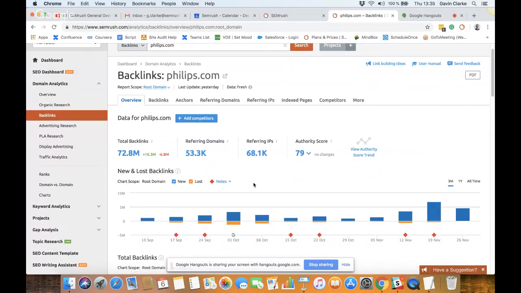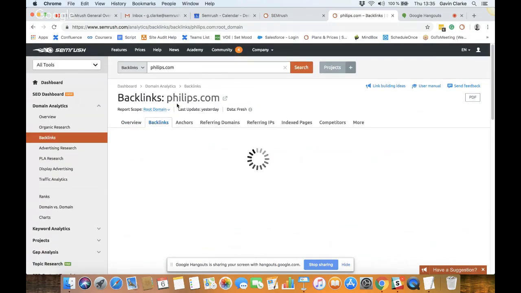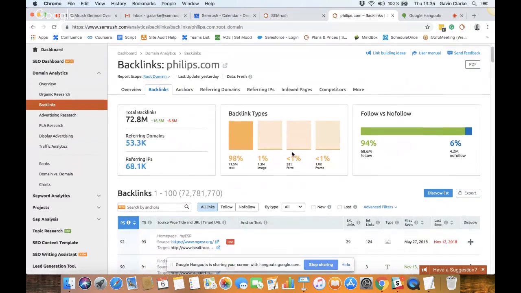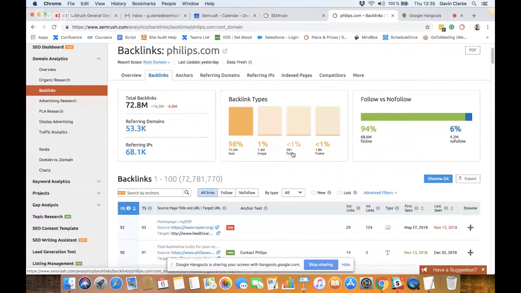In terms of what we'll see here, you can see the number of backlinks, referring domains, and referring IPs. This is all for the query domain philips.com. We can also sort these in terms of follow or nofollow, and we can see whether the backlink is in text, image, form, or frame format. Most of the metrics here will be clickable. For instance, if you click on the number of backlinks,